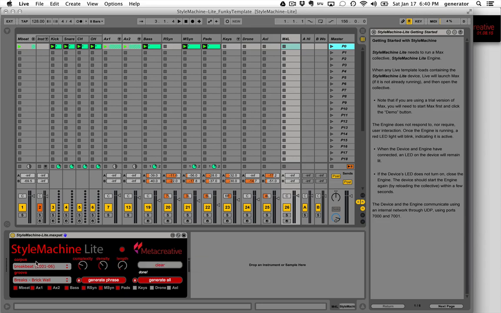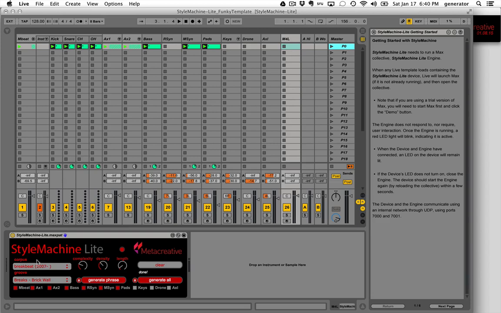Now the next aspect is the corpus that we're looking at. So where is it getting the information on how to generate? Well, it looks here at what we have selected. So right now I have the early breakbeat selected. I can add to it the later breakbeat as well, and so we can see that both of them are selected now. Whenever I make a new selection, so let's just turn that off again, you notice